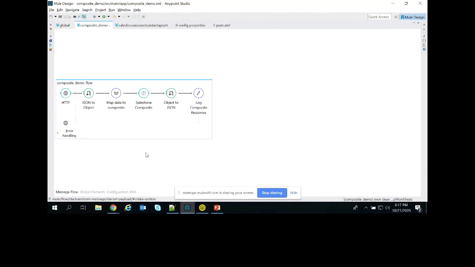We compared the performance with the single Salesforce configuration that used basic authentication, and there is a huge difference in performance using this.